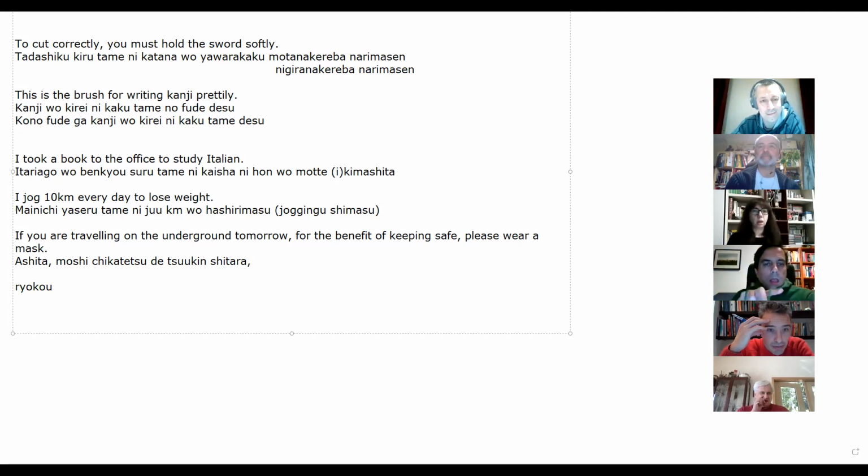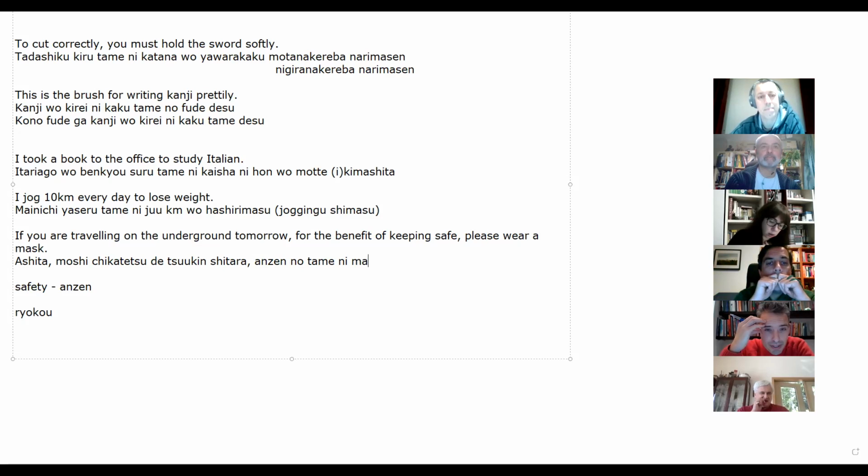Then to keeping safe. No, this is a slightly different one. The word safety in Japanese is anzen. This just means generally for safety. Anzen no tameni. Very good. Anzen no tameni.